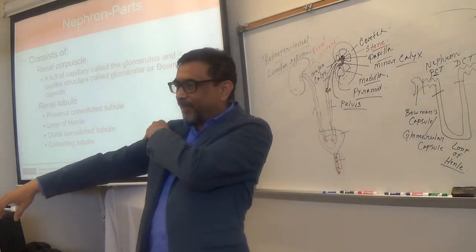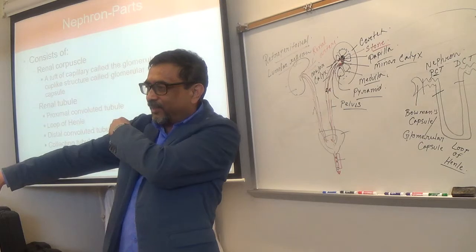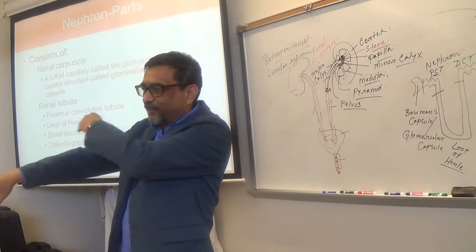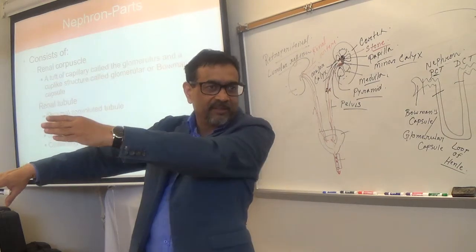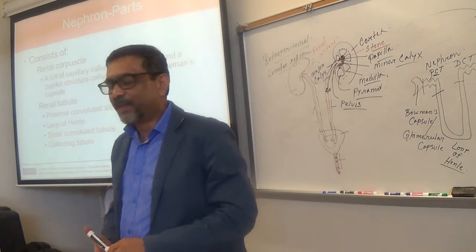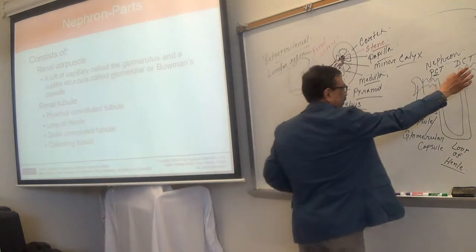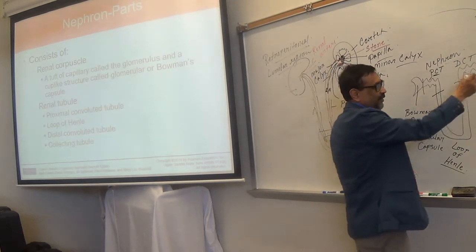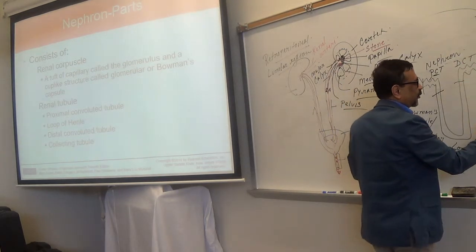This is your upper limb, right? This part is proximal. This part is what? Distal. Proximal is closer. Distal is away. So the first part is the proximal convoluted tubule, and then this part is the distal convoluted tubule. So easy to remember. And this last part is called the collecting tubule,